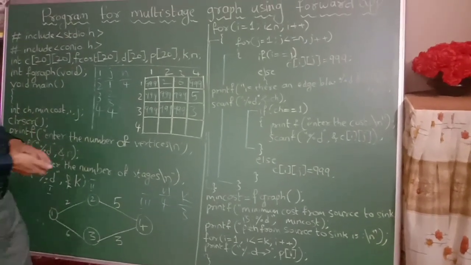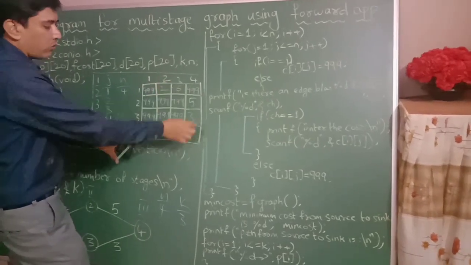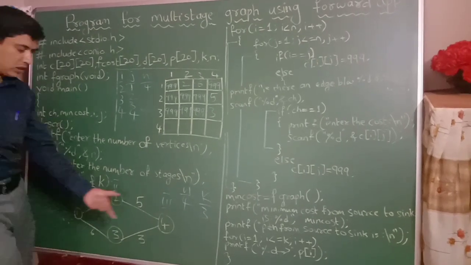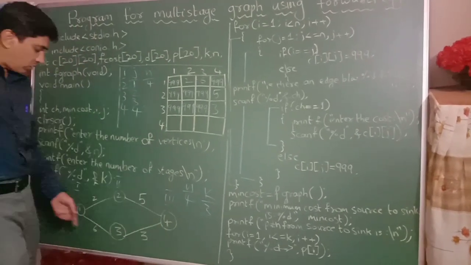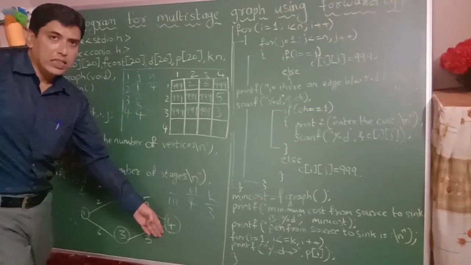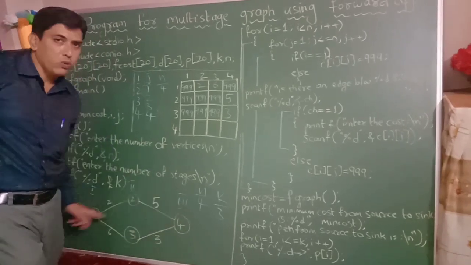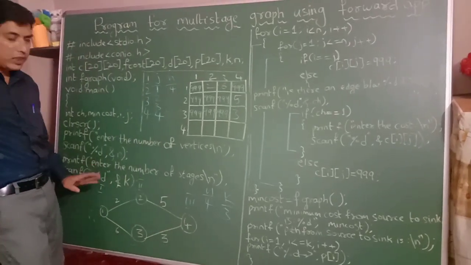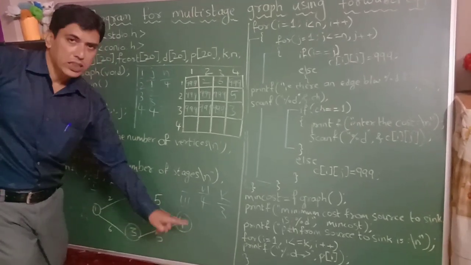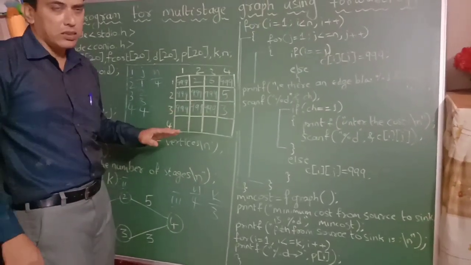And one more thing, why am I not going from 4 to 1, 4 to 2, 4 to 3 and 4 to 4? So 1 is called the source and this is called the sink, right? So I can go from the first stage, second stage and third stage, right? I should not consider the edges from 4 to 1, 4 to 2, 4 to 3 and 4 to 4. Getting it? Because I am in the third stage, the fourth vertex is called the sink, right? For that sake I am not going to consider this.